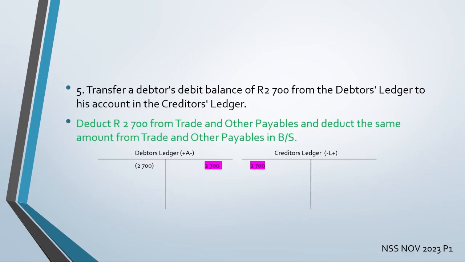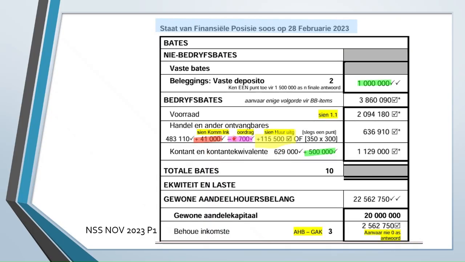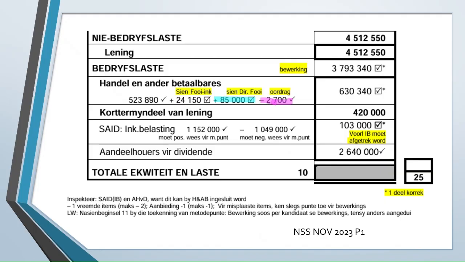And to show you in the balance statement, it will only impact your balance statement and not your income statement. So in your balance statement at trade and other receivables, you're going to minus the 2,700. It's under current assets. And then in current liabilities, trade and other payables, you're also going to minus the 2,700. If you are confused with the signs, draw a T account like I did in the example. It helps a lot.